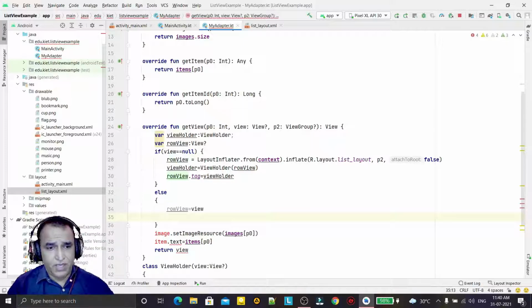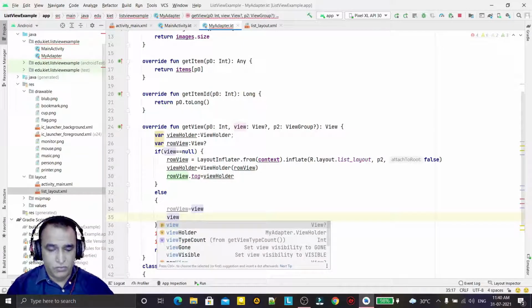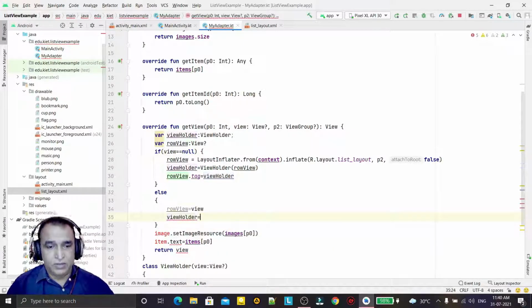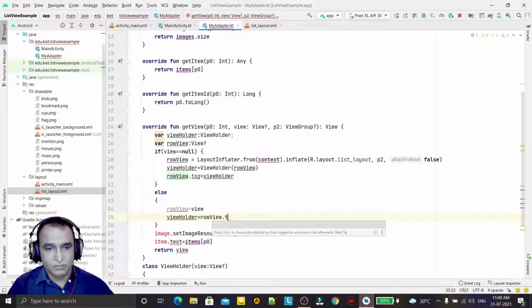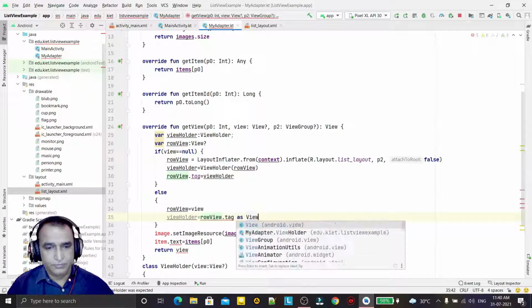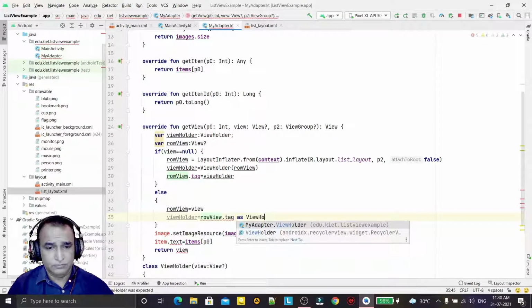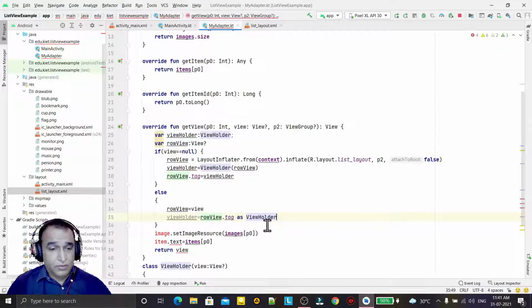Second, we have to use the view holder object, and that object will come from the row view dot tag as view holder. This one. Okay, so we have converted.